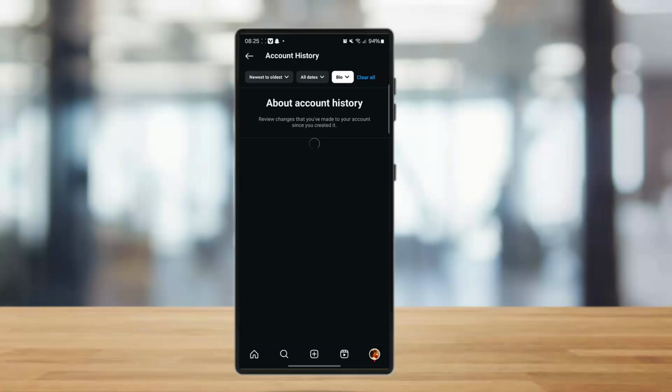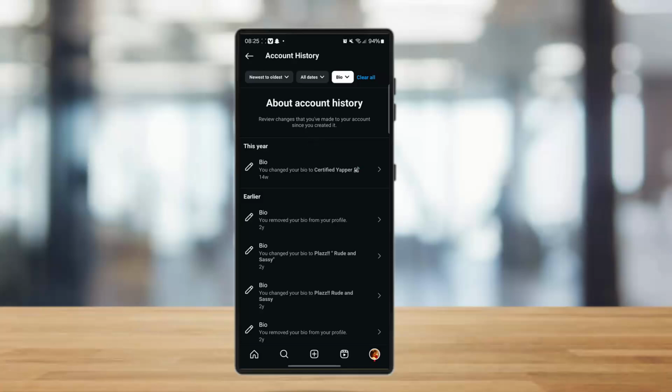After doing this, here all your bios that you have written till now will be presented, and now you can simply tap on the clear all option right beside the bio option to clear or delete your account bio history